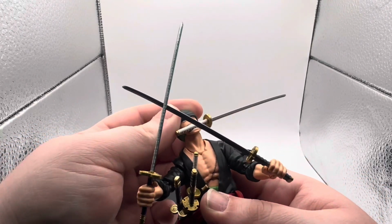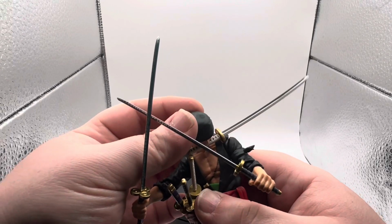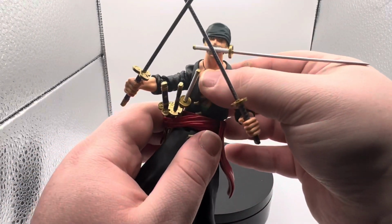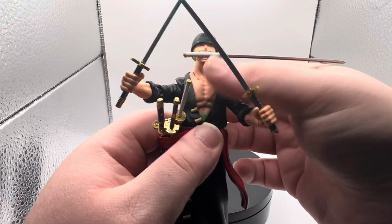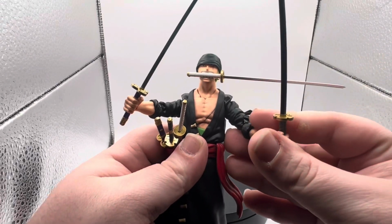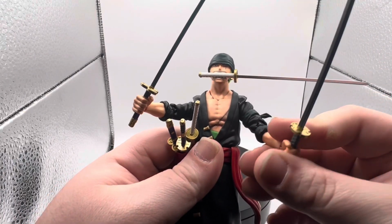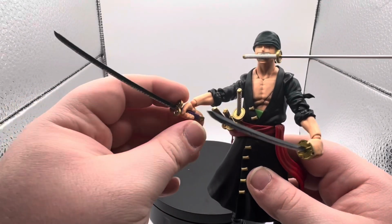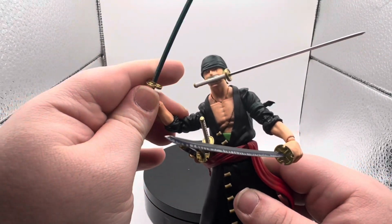He doesn't really look up, but he's got good side to side. The chest doesn't really move at all, because if you move it too much, it'll pop apart like you guys saw in the opening segment. I don't want to just talk negatively about this figure, but